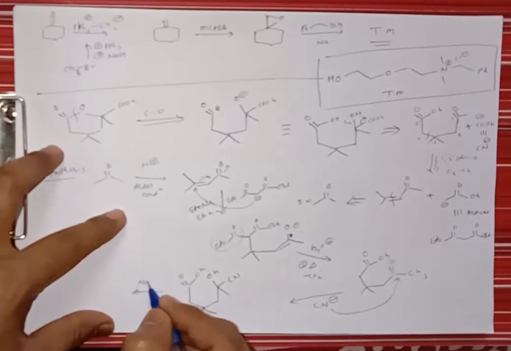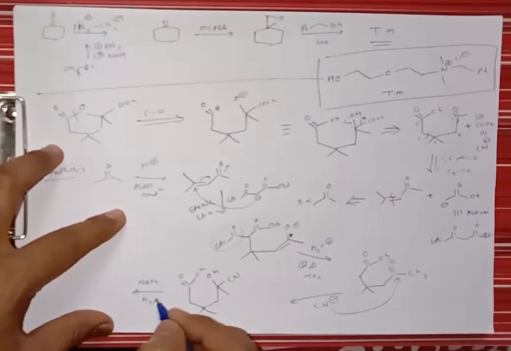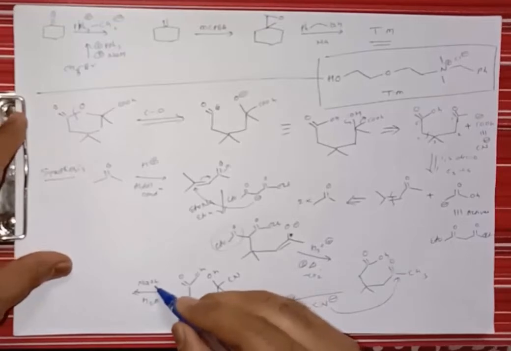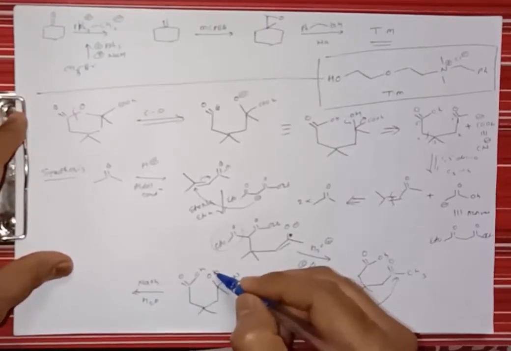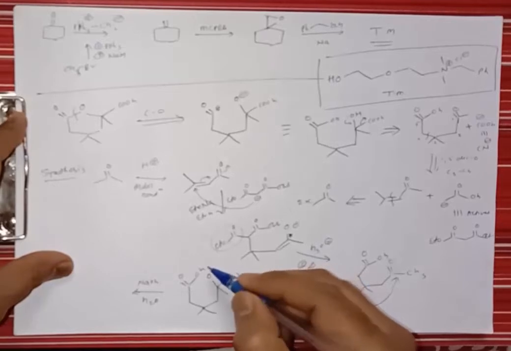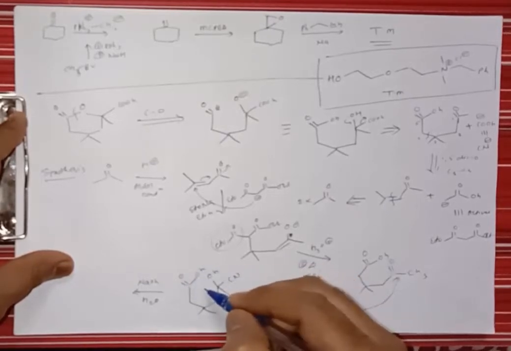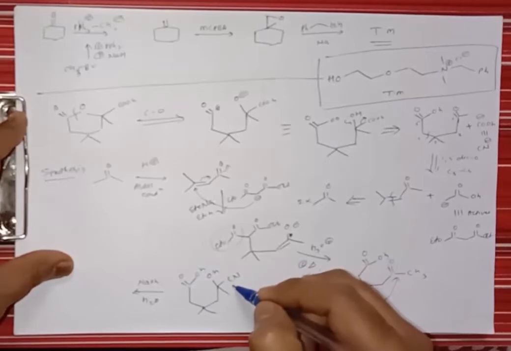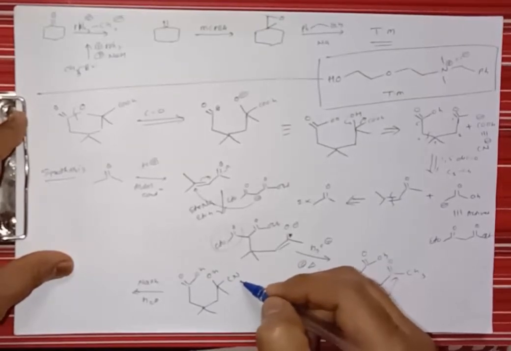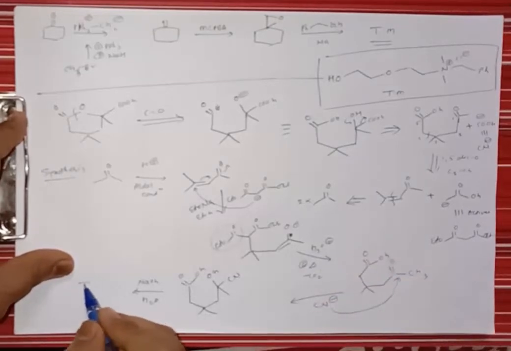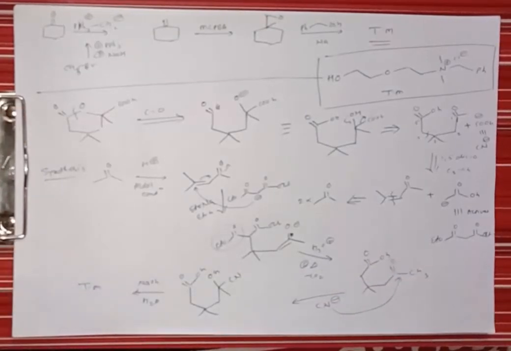And in the next step, if we use NaOH in presence of H2O, so what does it give? This sodium hydroxide will take a proton from this alcohol as well as the acid, then O minus will attack this carbonyl group, then it will remove the water molecule. It gives formation of a cyclic ester, as well as the cyanide undergoes hydrolysis. It gives formation of an acid here, and it gives formation of the target molecule, right? So this is the simple mechanism where we can show illogical electrophile and illogical disconnections.